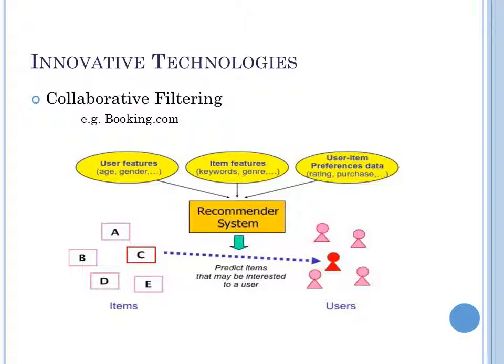One of the innovative technologies that have affected the tourism industry is collaborative filtering. Collaborative filtering is a common web technique for generating personalized recommendations that's used by different companies to identify customers with similar profiles, preferences, interests, and travel patterns. This type of knowledge is vital in the tourism industry because these results can be used for direct marketing that's based on accumulated customer knowledge and information. An example is Booking.com, which could offer some recommendations to their customers based on their profiles. And of course, Groupon is another good example.